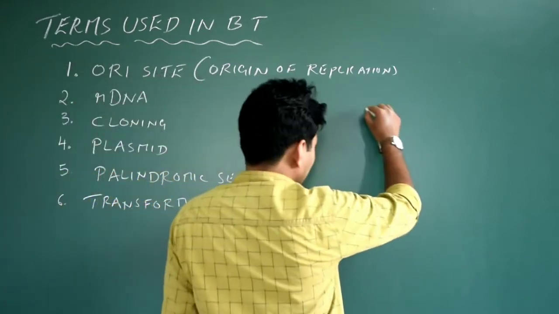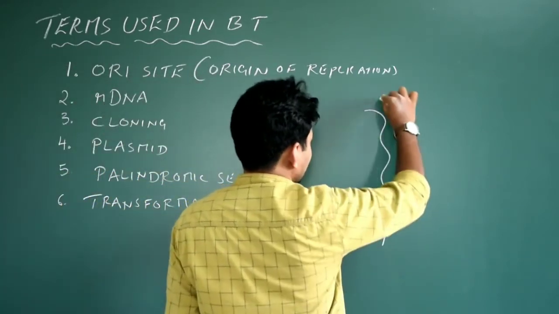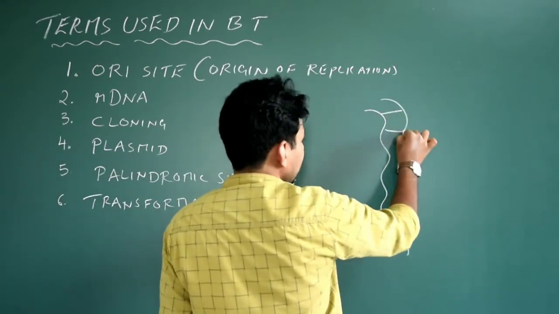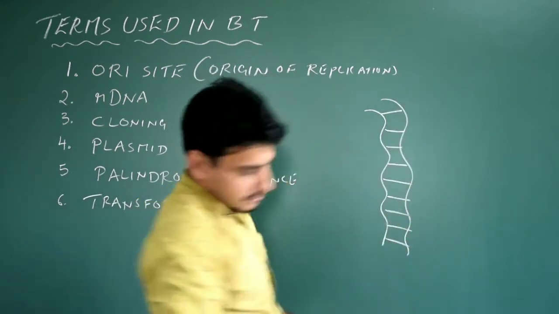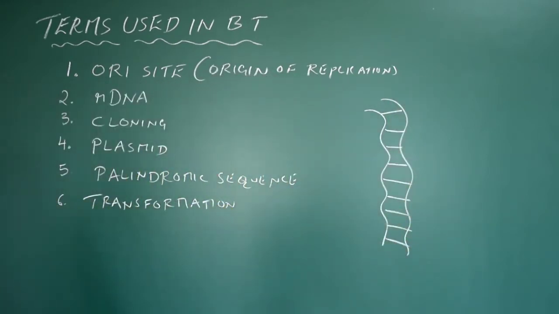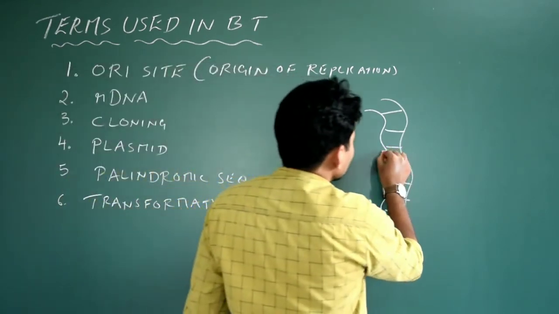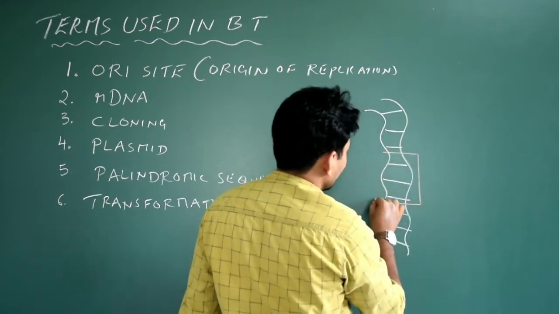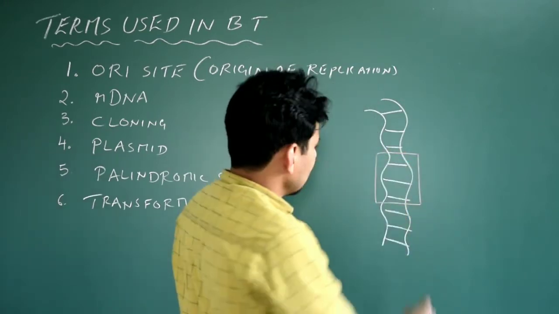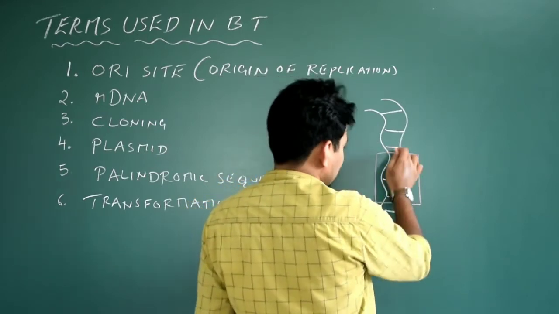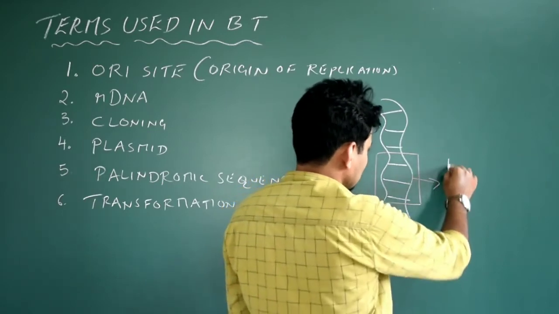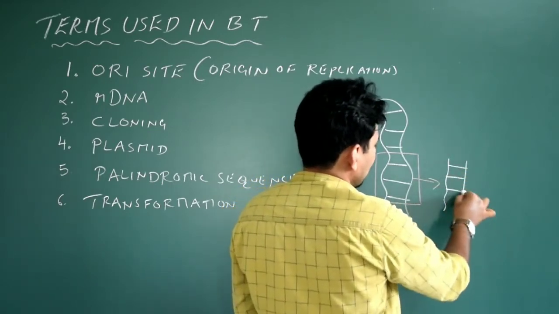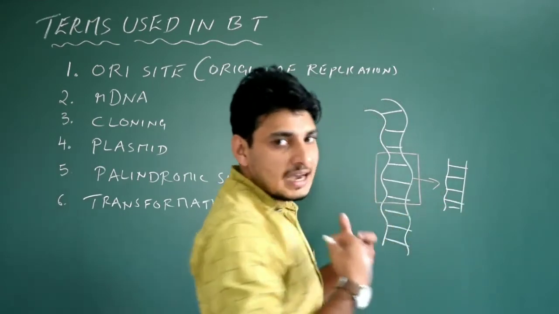If you take the DNA, you take any DNA. So yes, this is actually a double stranded DNA. And suppose I use a color chalk. Okay, suppose this is my gene of interest, which is present in a living organism's DNA. Somehow, I have extracted or isolated this gene of interest from that living organism. See, you could see a small fragment of that gene of interest. That gene is now being isolated.